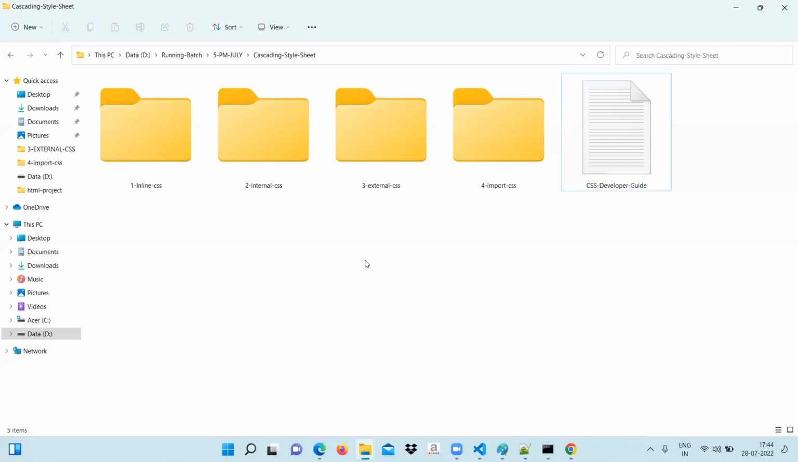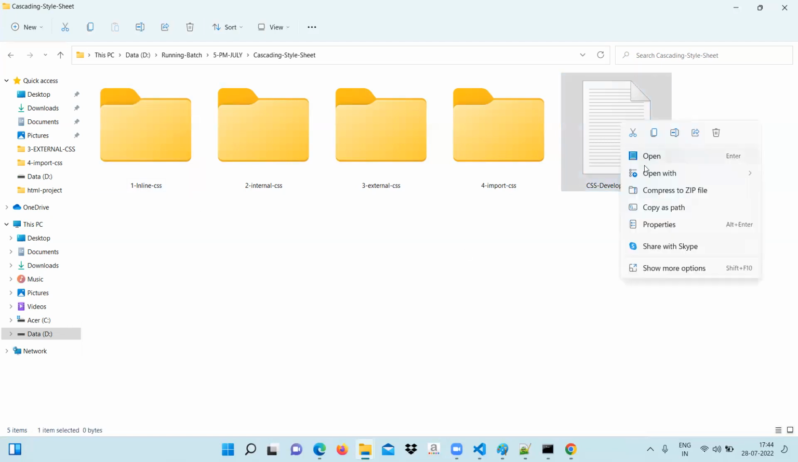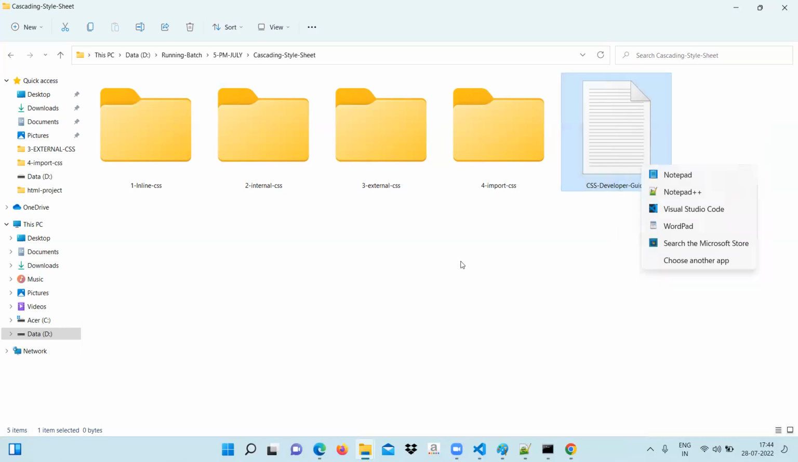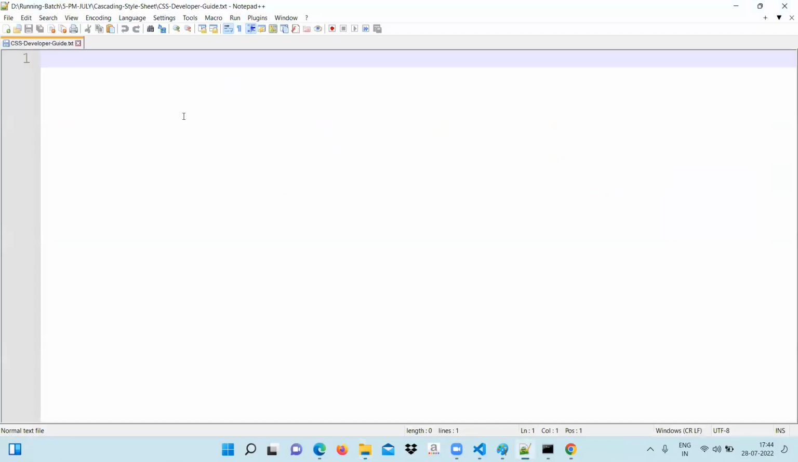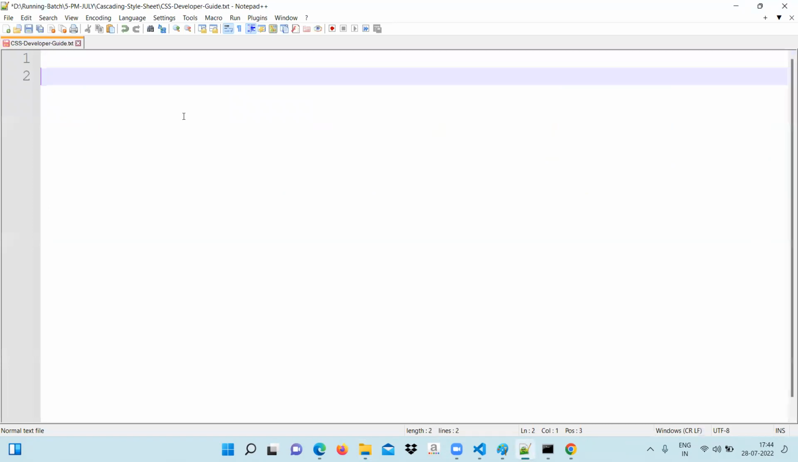External CSS. But our starting will happen from the inline. Now let's go to the developer guide and open that in your Notepad++. Write in that,